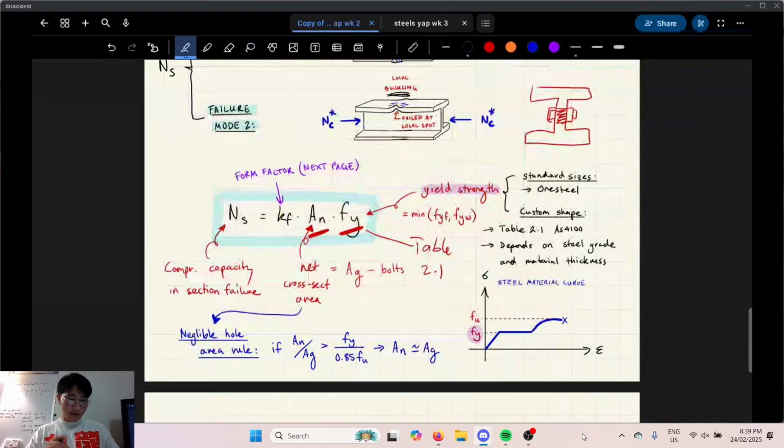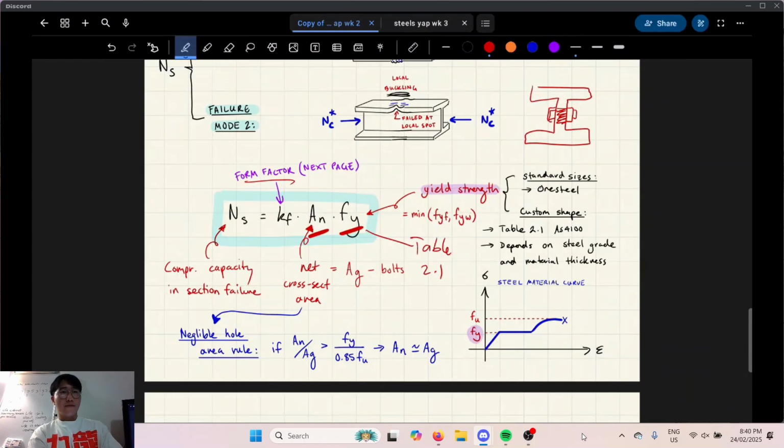Okay, sorry, we're back. Now I want to talk about form factor real quick. Have you guys done questions yet for this course? Are you familiar with the idea that there are custom sections versus standard sections? If you have a standard section, it's going to be on one steel, basically. That's your universal beams, universal columns, welded beams, welded columns, rectangular hollow section, all of that. If you have a custom section, and this is usually assignment material, sometimes long workshop questions,